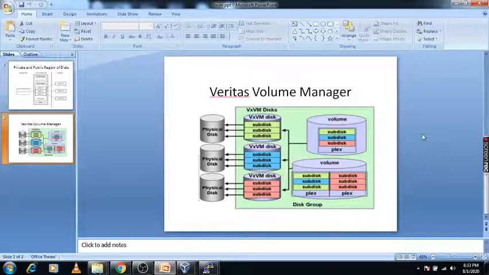When multiple disks are connected from the storage, and you want to configure any database or application, at that time we can use DMP, that is dynamic multipathing. There is also naming based convention: whenever any disk comes, you can give the name as per your convenience.